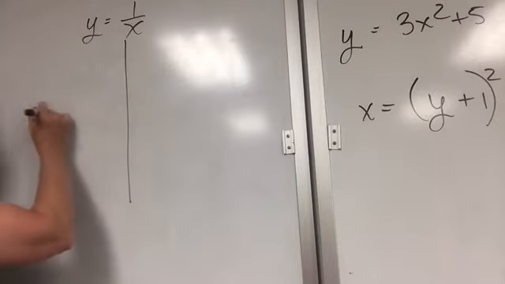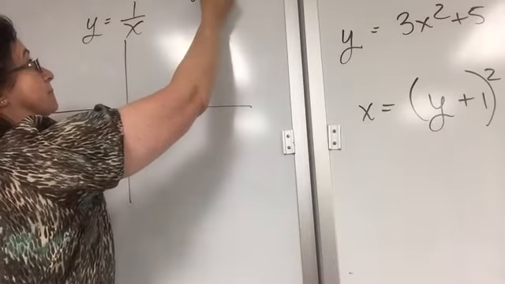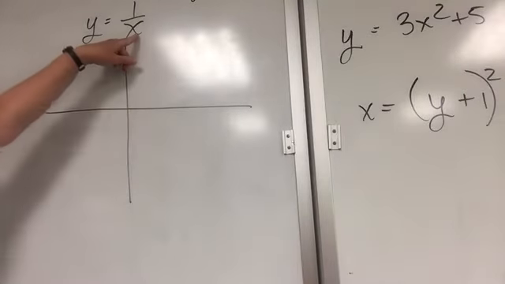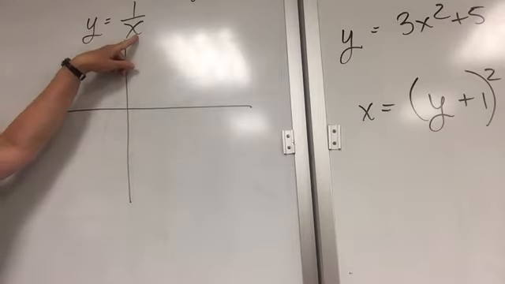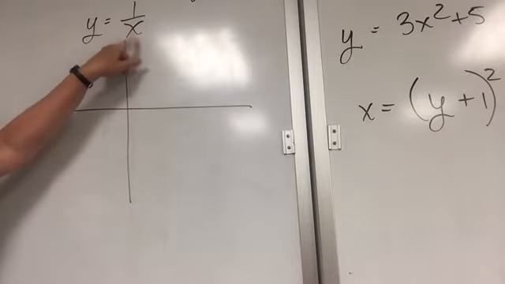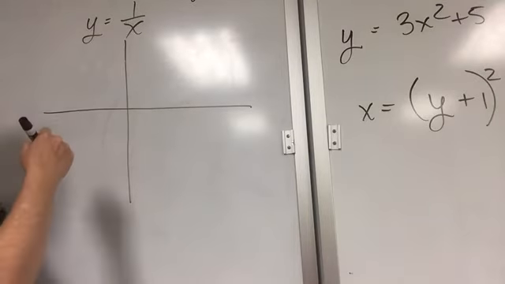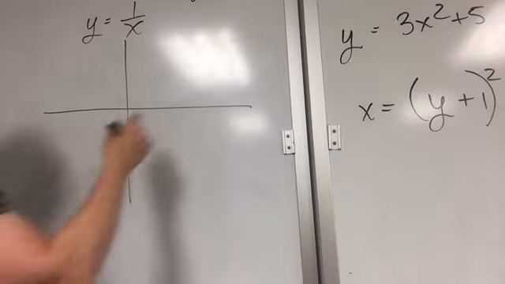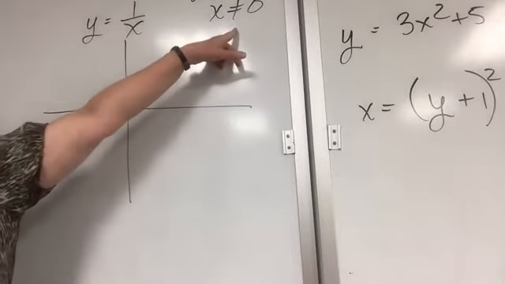Okay, so this reciprocal function is always going to have a vertical and a horizontal asymptote. Okay, the vertical asymptote is always going to be what makes the denominator go to 0. The vertical asymptote is also what limits your domain. Your vertical asymptote, what makes this go to 0, limits your domain. All right, well in this one, if x is 0, we are undefined, right? So x cannot be 0. That is your restriction on the domain.